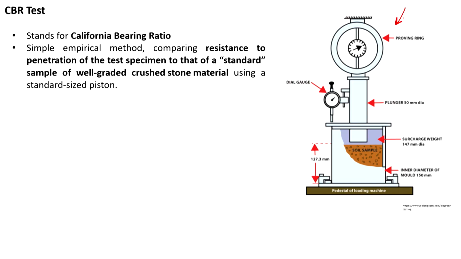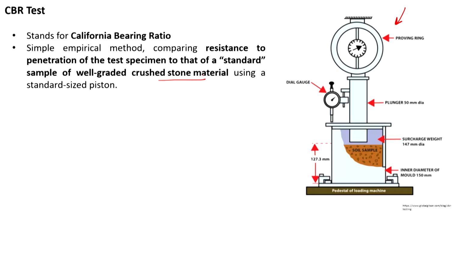So, CBR stands for California Bearing Ratio. You can see how the machine looks. This is just a pictorial view of the CBR testing machine here. The value which we get using this test method, that is the California Bearing Ratio, is empirical in nature, and it is used for comparing the resistance to penetration of the test specimen with a standard sample of well graded crushed stone material. So, this is a relative strength test, we can say,